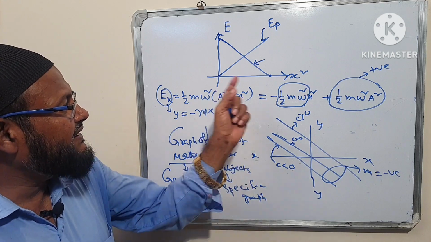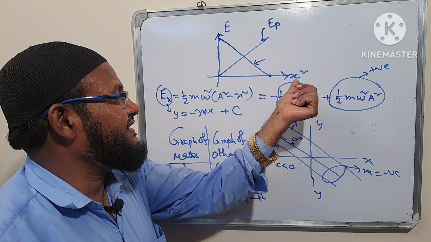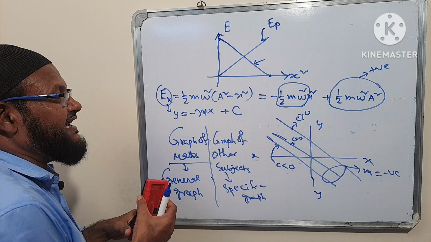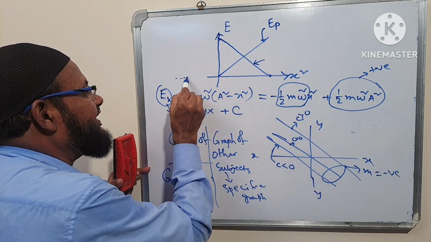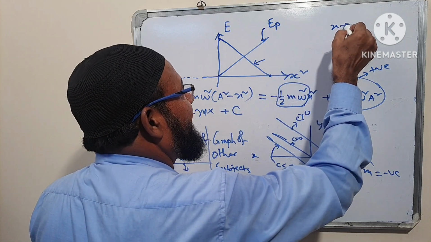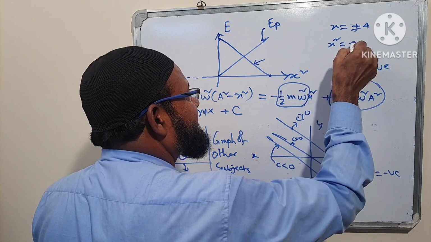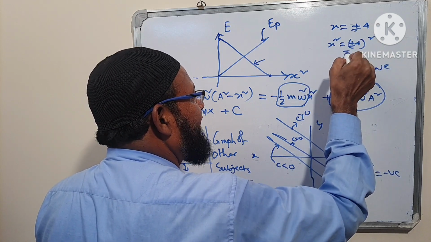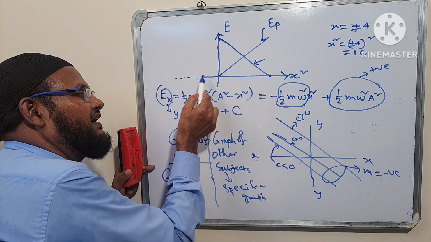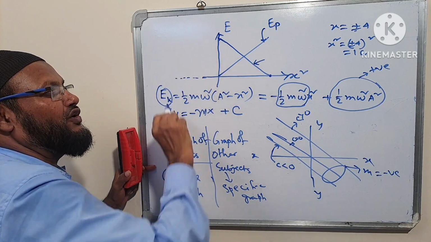What is this? This is x square. This is not maths x. What is this? This is physics x. Here is the displacement. In this case, sir, E is energy. Problem is that if we consider on this side x square, suppose x equals plus minus 4. What is x square? x square equals plus minus 4 whole square. This is 16. This is positive. In this case, negative x square is not possible.